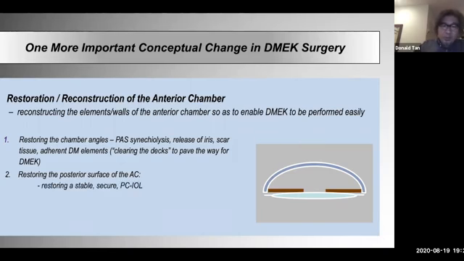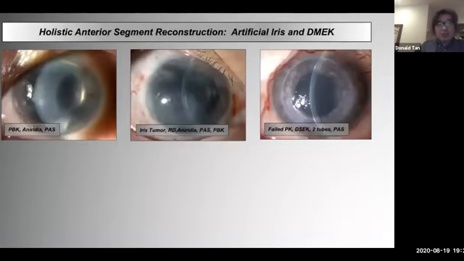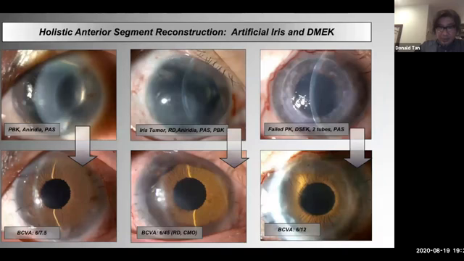But to restore the posterior surface of the AC, firstly, we have to make sure that the IOL is stable. We should remove the anterior chamber IOL, exchange it for a sclerofixated or a transscleral fixation of a posterior chamber IOL to get it out of the anterior chamber. Make sure it's stable, and then try and restore not only the iris, but the pupil. So that means removing abnormal iris and replacing it with a normal looking artificial iris. And this is the concept which I'm talking about today. So these are some cases, and can we do this? All right, and you can see the chambers are a lot more normal here.